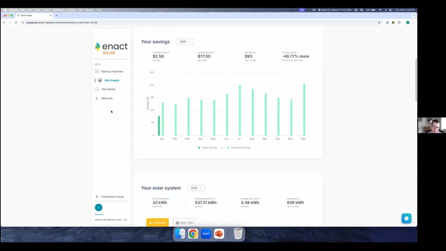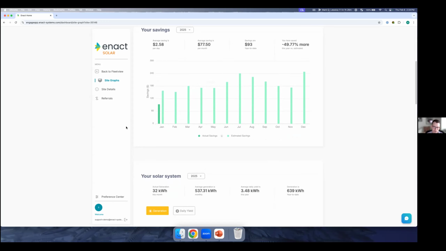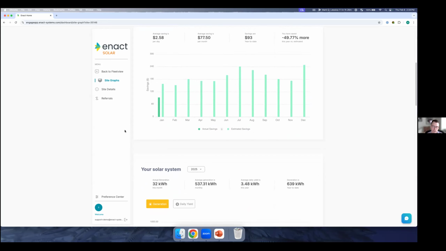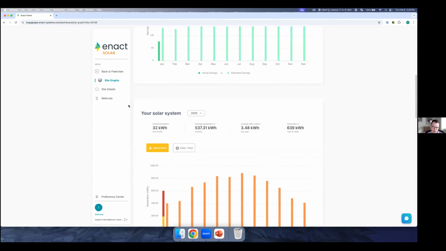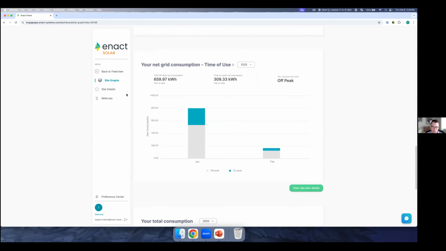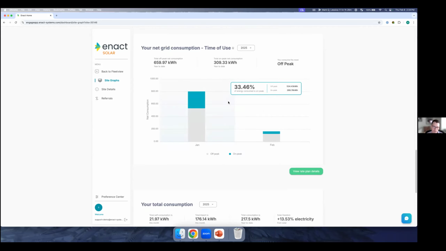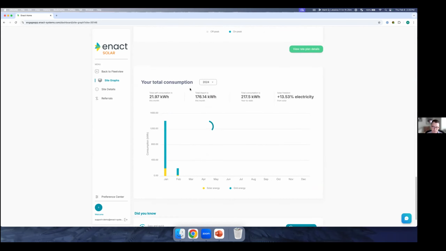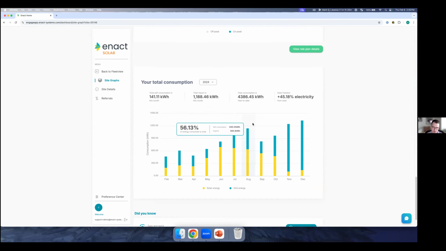The good news is there's a solution for customers who don't have that hardware that would tell us about their consumption. And that's a new set of APIs that utilities are starting to offer, where the utility will actually share that consumption data with us through an open API. So we've integrated with PG&E, Pacific Gas and Electric in California, and we're actually able to pull in very detailed consumption information every month directly from them through an API. So even though there's no hardware, there's no physical consumption meter or battery, we're able to get great consumption information